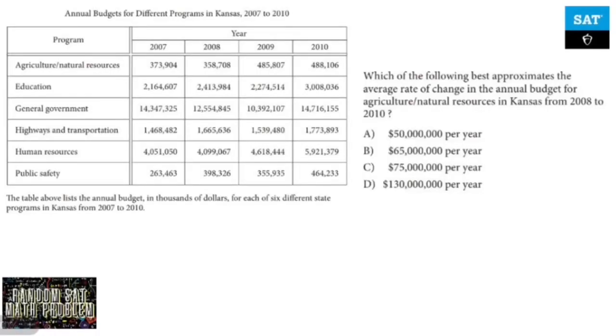Annual budgets for different programs in Kansas. Which of the following best approximates the average rate of change in the annual budget for agricultural natural sciences? So that's that guy from 2008 to 2010. So average rate of change is basically found by taking the slope over a specific period